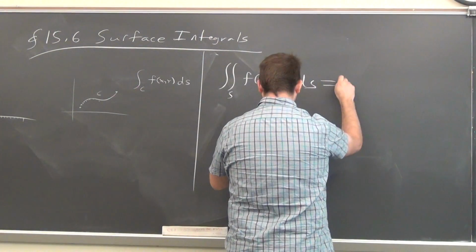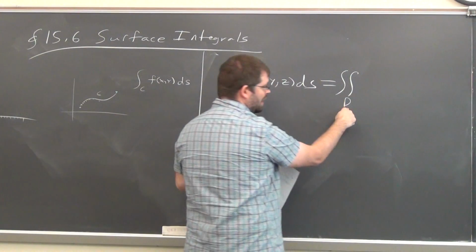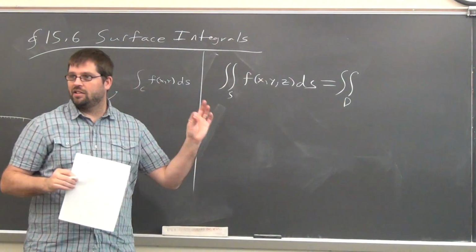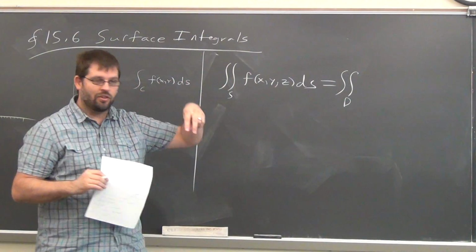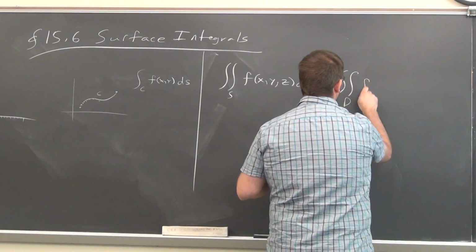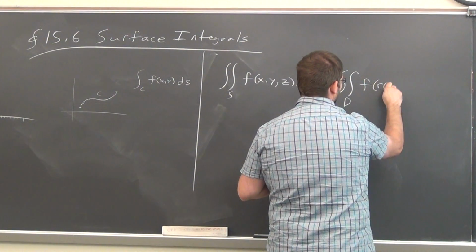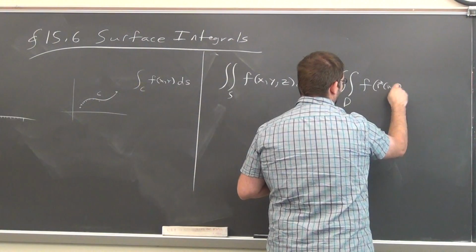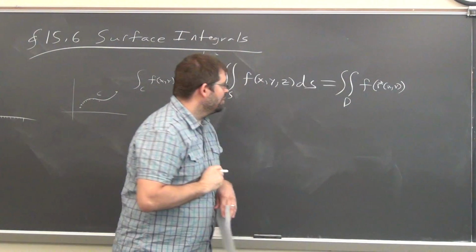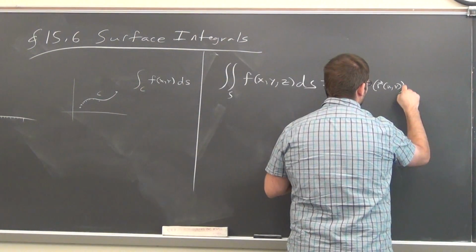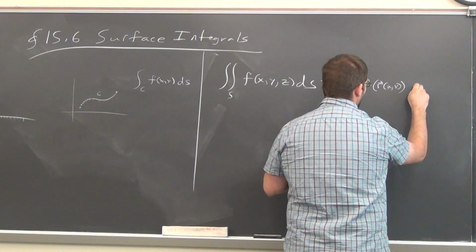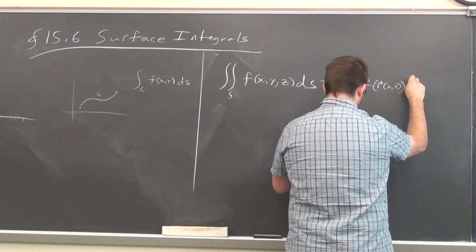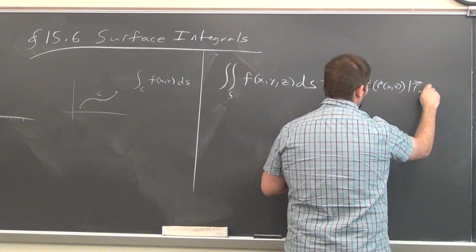And then in practice, we evaluate it by integrating over the D. The D is your bounds for your parameters, right? And then f, and the point is you plug your u and v into your function, or your r of u, v, I guess. And then I'll just write it, the magnitude of r sub u cross r sub v,